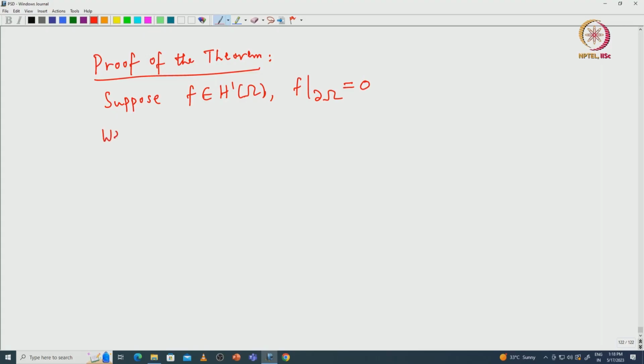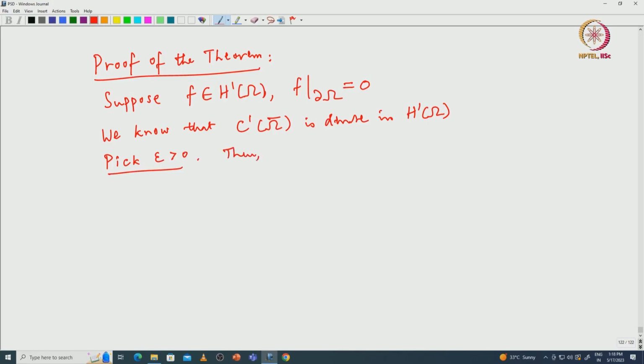So, we know that this C1 omega bar is dense in H1 omega. Okay. So, pick some epsilon positive, arbitrary, then there exists delta that depends on epsilon